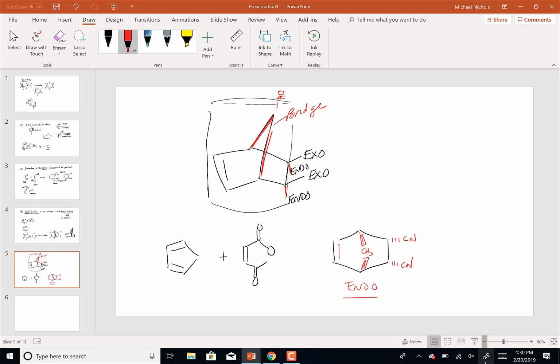Okay, so that's the endo product. We never get the exo product in this reaction. Although actually, when I was going through and modifying the Diels-Alder reaction, I did find a paper that said you could get the exo product, which I thought violated all the rules of quantum mechanics, and the world was going to end. Because we always talk about, well, you never get the exo product. We'll still say you never get the exo product, but apparently